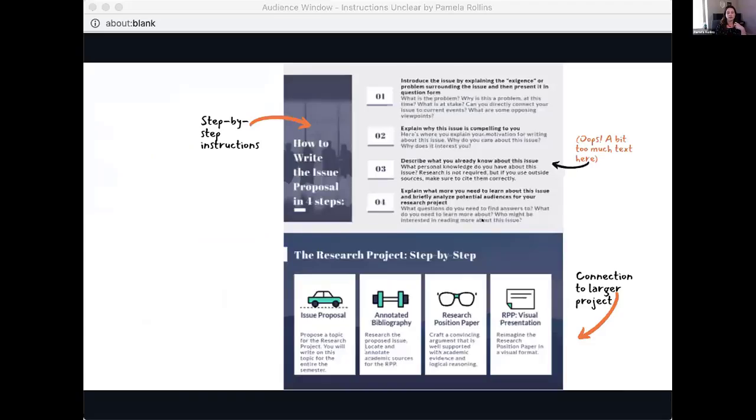Another example here is changing the heading up to pull the reader down in their viewing, but then returning to this F pattern. Breaking the instructions down in this way also just gives them a little bit more of a process. And there are many ways you could present this within an infographic. You could do it in a hierarchical order.